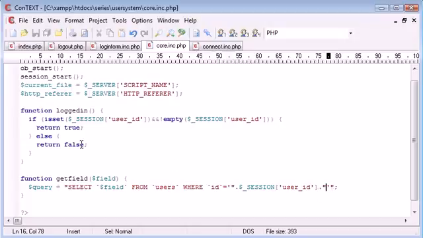Okay, so this is get user field, we can call this, because it's only selecting from the table users. So get user field, and we specify a field in here. Then what we need to do is we need to execute the query. So query run is equal to MySQL query,